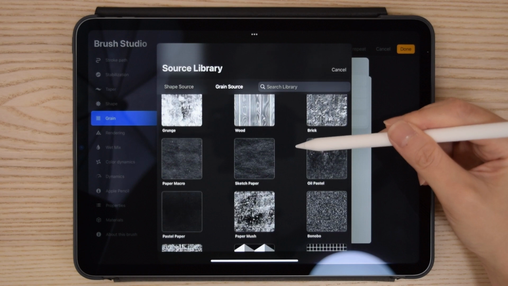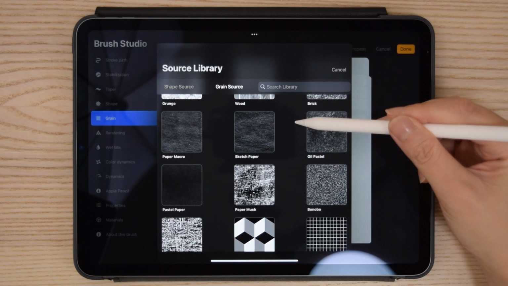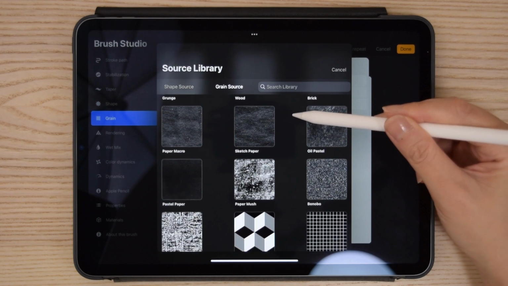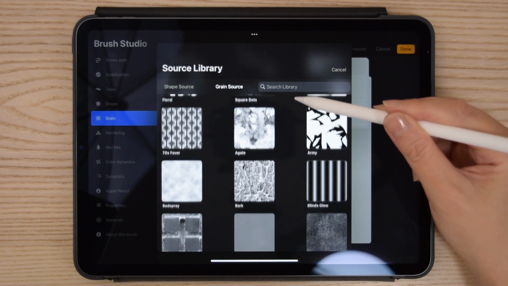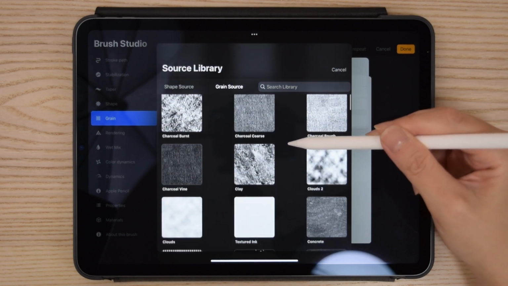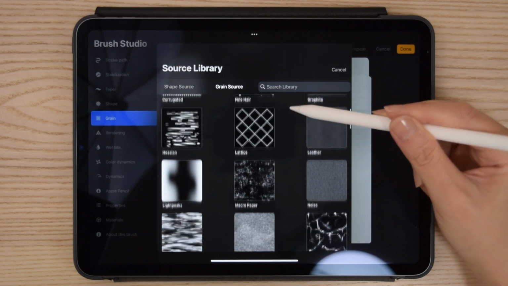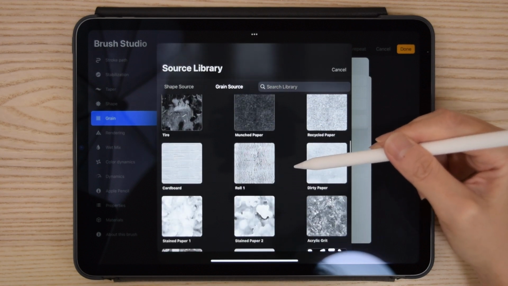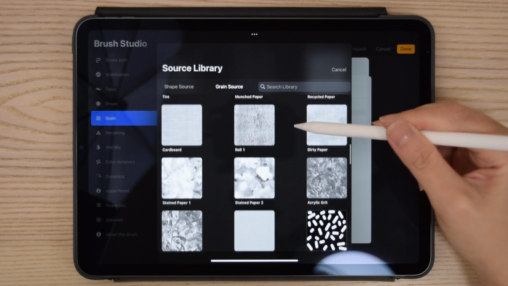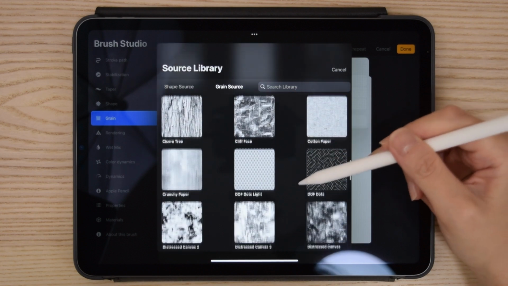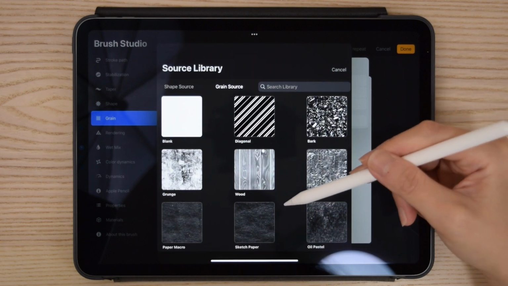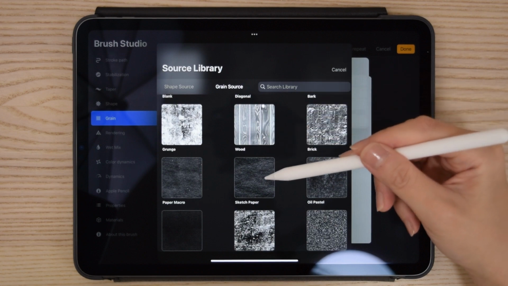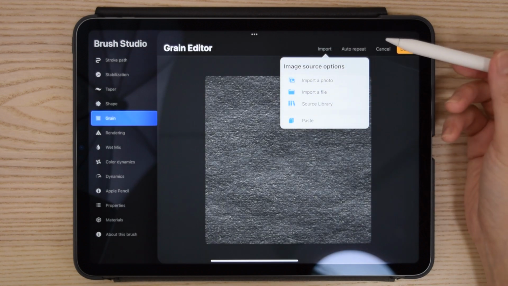There are plenty of free grain sources from Procreate that are already good enough and that we can use. Since I want to show you how to create a crayon style brush, let's try to find a paper texture that will work for this brush. Let's just choose this sketch paper here and then click Done.